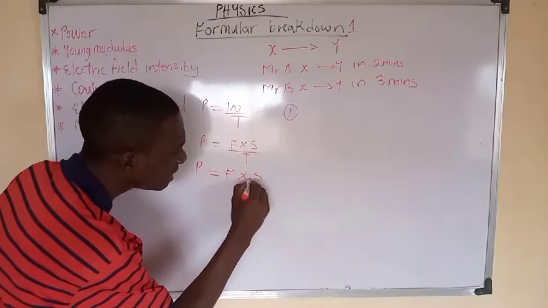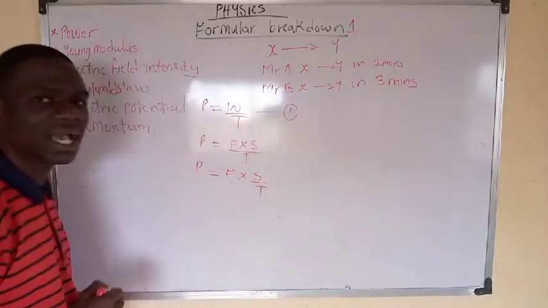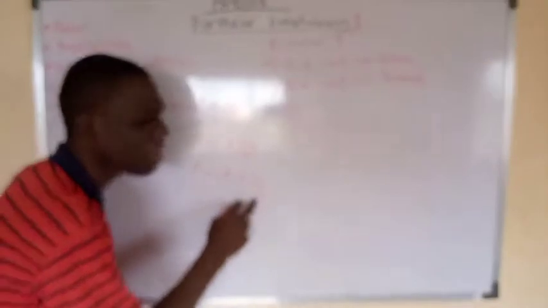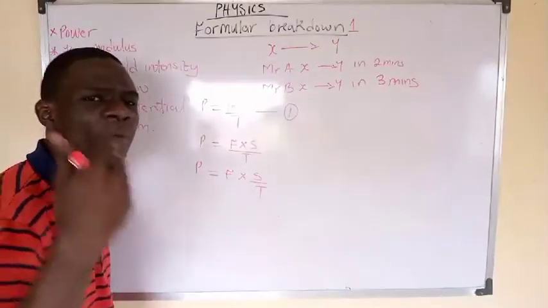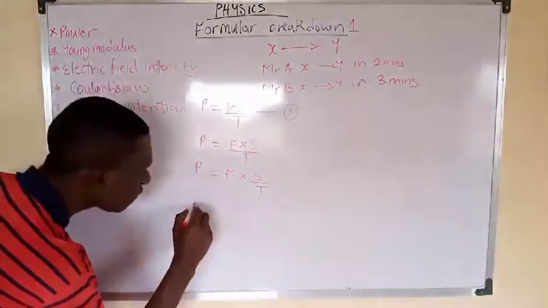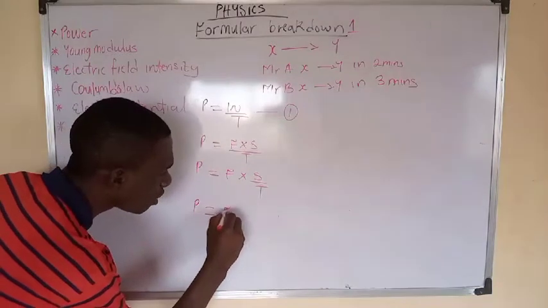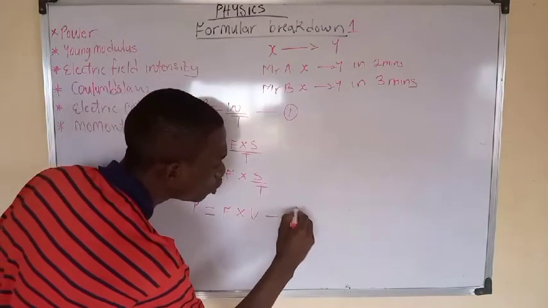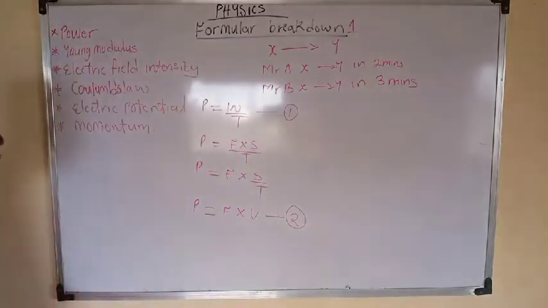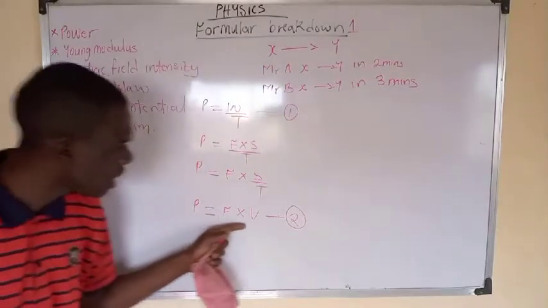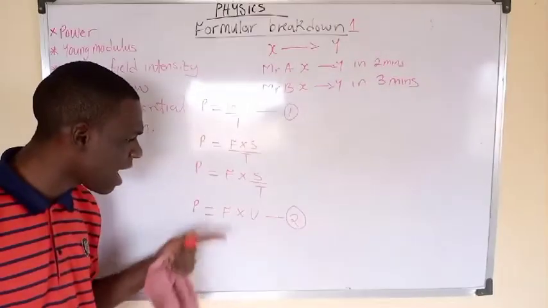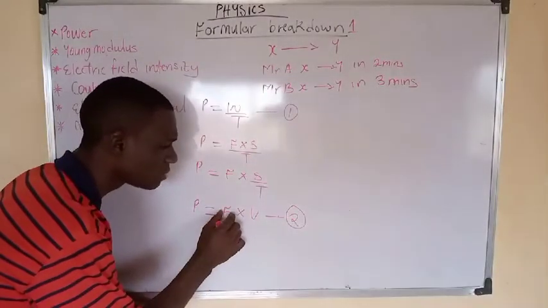If we proceed further, we can write our power to be equal to force times distance over time. The S represents distance. Now, distance over time in physics represents velocity. Therefore, we can write our power to be equal to force times velocity. We'll call this equation 2. So based on this equation, the formula for calculating power can also be written as force times